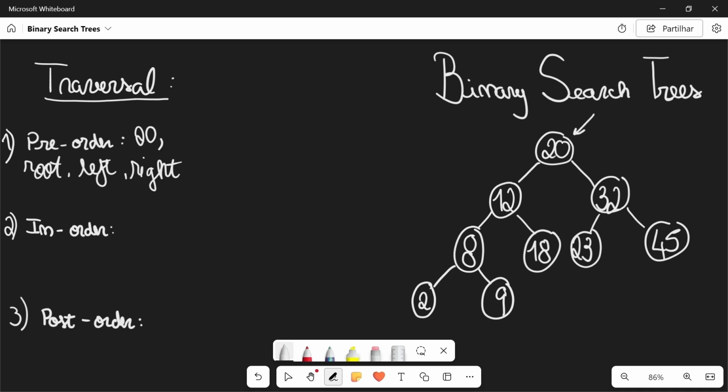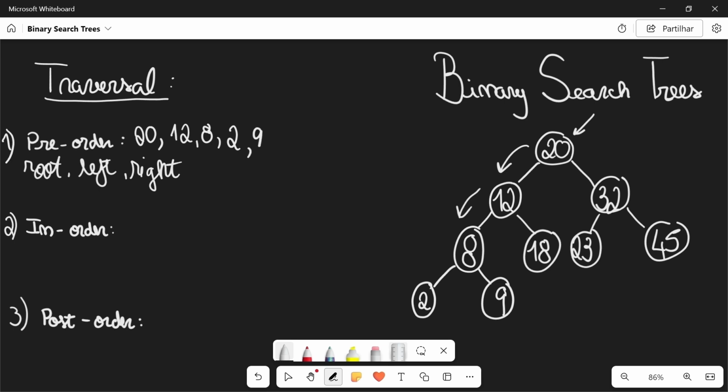I'm going to write here 20. Then we're going to go to the left side. Now 12 is going to be the new root of a new subtree. So we're going to visit the root first, and then we're going to visit the left side. Now 8 is a new root. We're going to write 8 right there. And then 2 is the new root now because we went to the left. Now 2 doesn't have any children, so we go back up to 8. So 8 is the root of the subtree. We've already gone to the root itself, we've already gone left, and now we're going to go right, which is